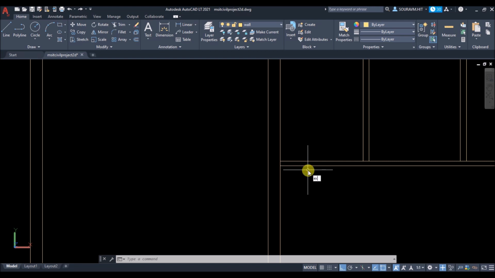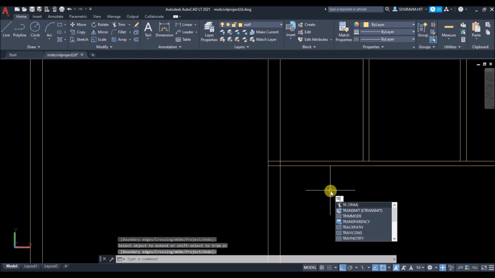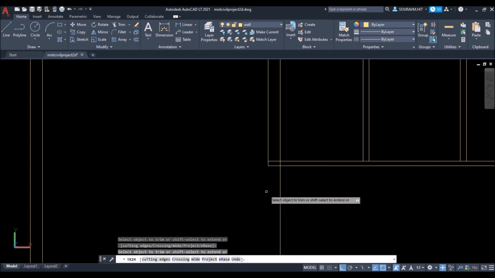Now type EX and press enter and then select the lines as shown to extend. If you are using prior versions of AutoCAD, then type EX and press enter twice. Then type TR and press enter again and trim this line.